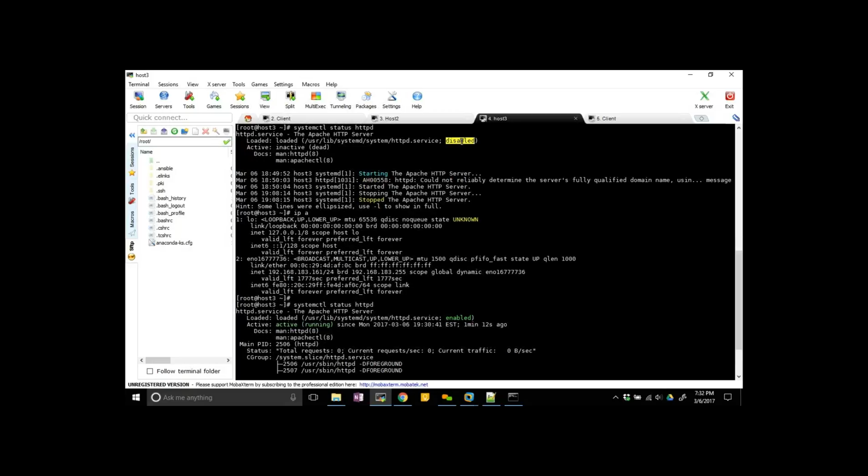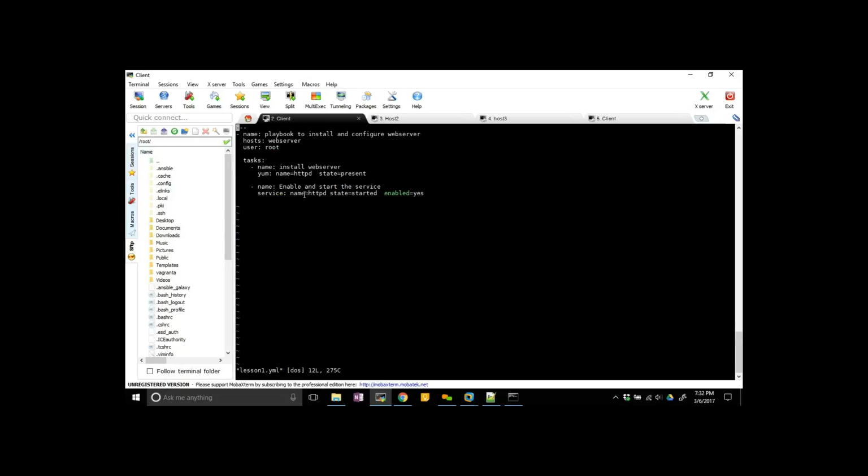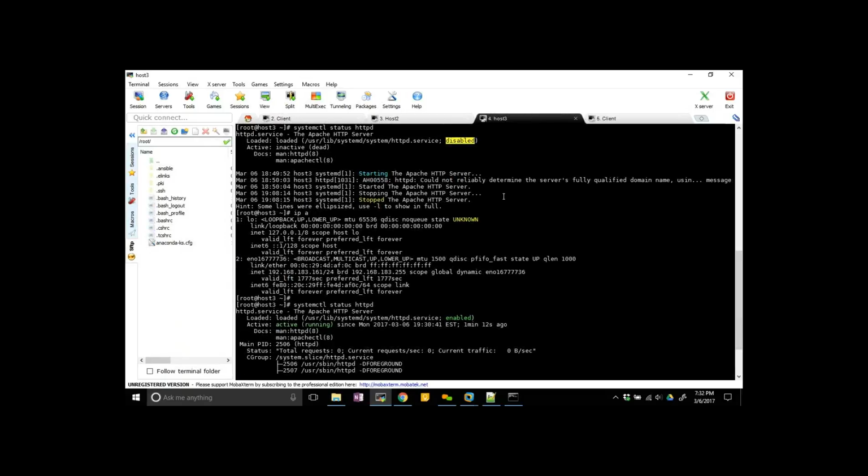Earlier it was disabled, because in the task I said name is equal to httpd, and I want the state to be started mode, and enabled is equal to yes. So that's the reason the service was up.